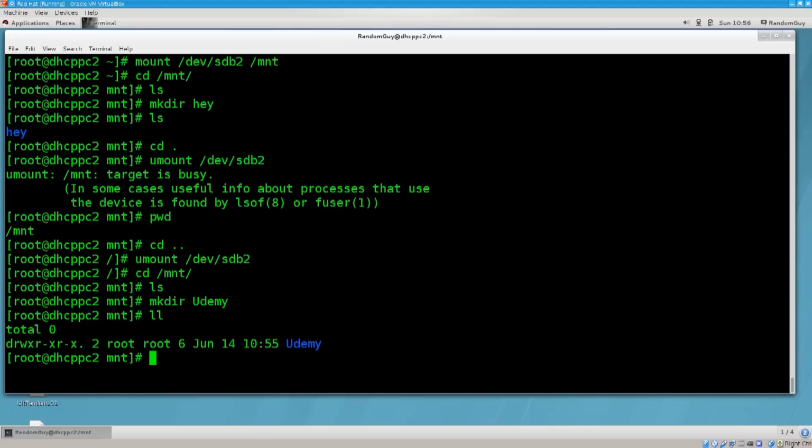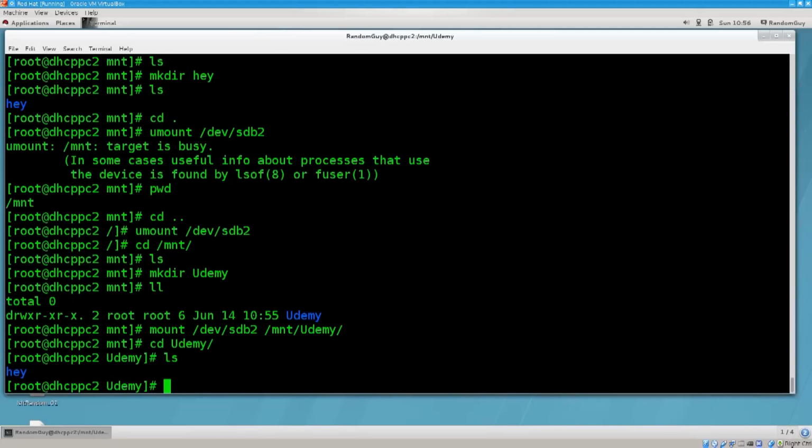Let's go ahead and type in the mount command again. I'm so lazy with this typing. Prefer to use these things in this fashion. Excellent. So it says mount /dev/sdb2. And where shall we mount this? Well, /mnt/Udemy, and if we enter Udemy now, ls, you will see that the directory that we have created previously